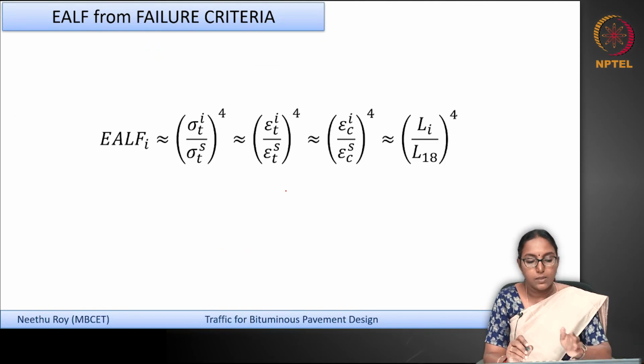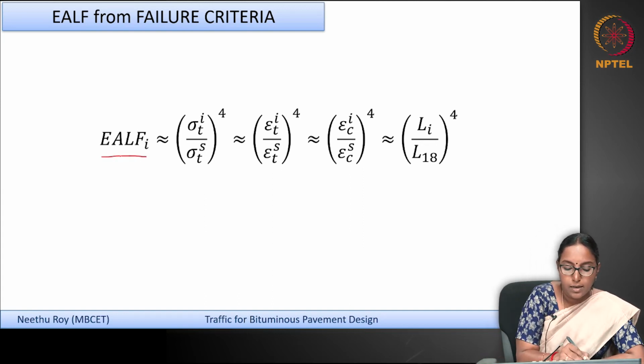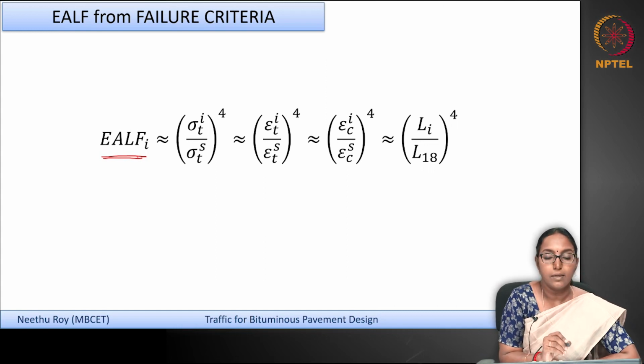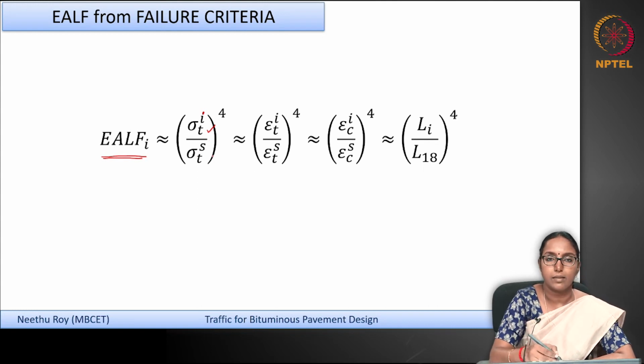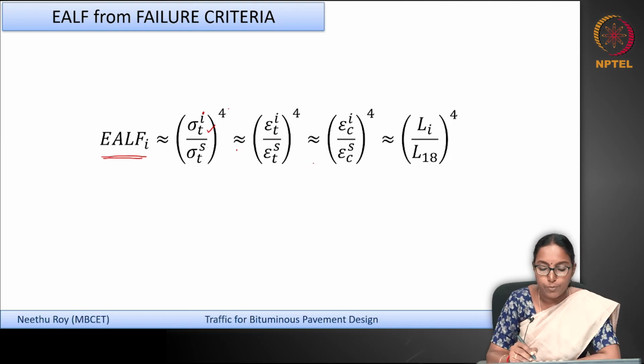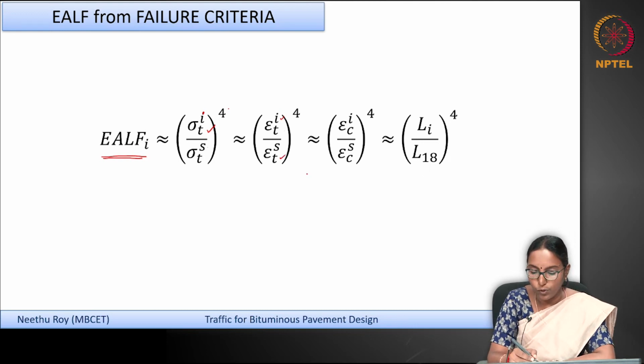So from this EALF analysis using the failure criteria, what we have seen is that the equivalent axle load factor for any class of vehicle in question is equal to the tensile stress due to that class, which is the ith class, divided by the tensile stress due to the standard axle raised to 4, which is approximately equal to the tensile strain of the ith class of vehicle divided by the tensile strain of the standard axle raised to 4,